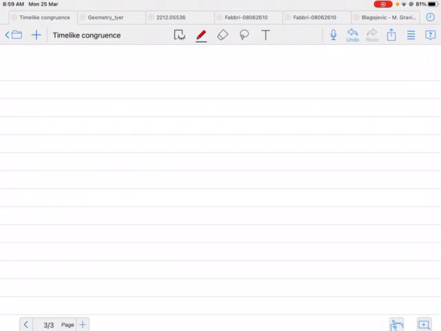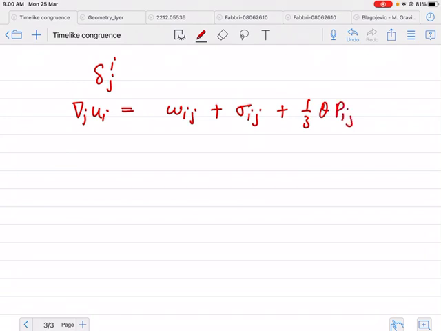The symmetric part can be further split into a trace term proportional to the projection tensor and a traceless part. For our purpose, it is also convenient to concentrate on all the physical quantities projected onto the 3-space orthogonal to u_i. So del_j u_i is equal to omega_ij plus sigma_ij plus 1/3 theta p_ij minus a_i u_j,